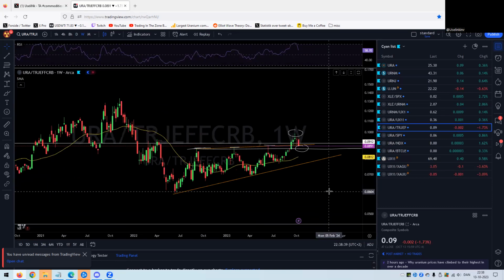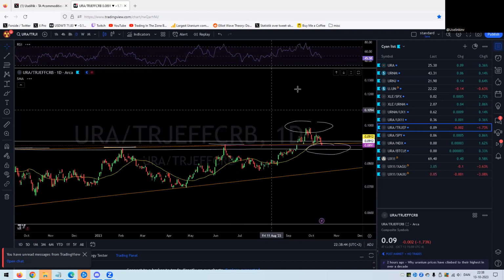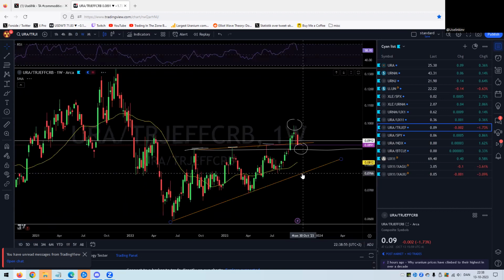For URA, this is just a minor pause, overbought on the weekly. And also on the daily, you can see here some negative divergence from here to here, lower RSI, and we're getting a pause here. So yeah,